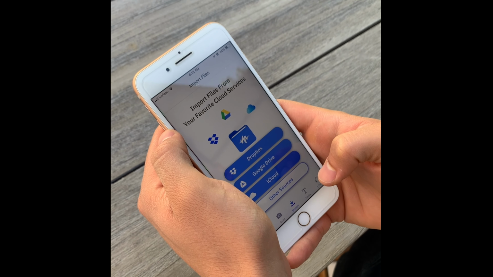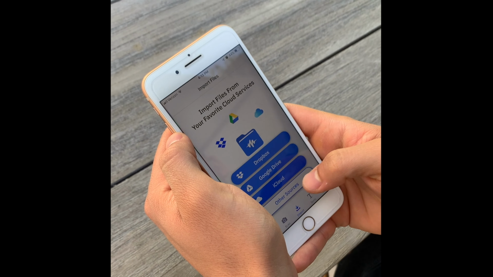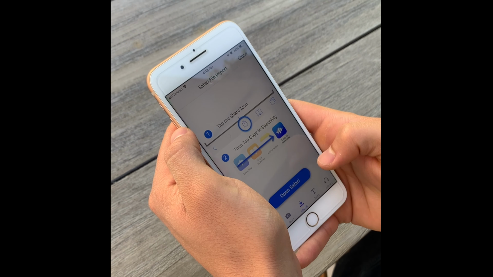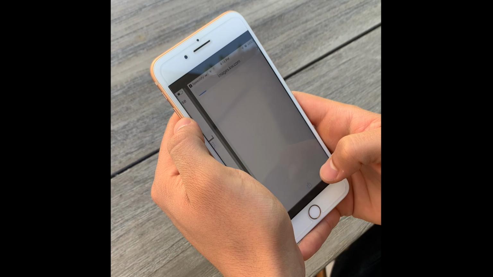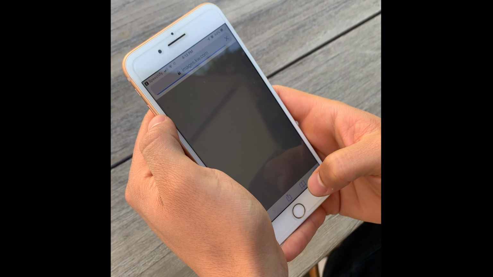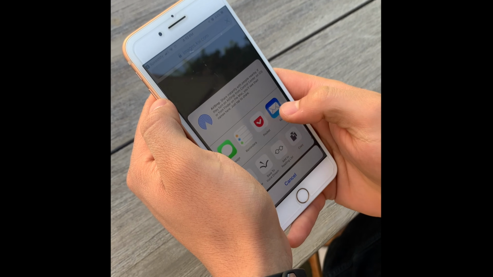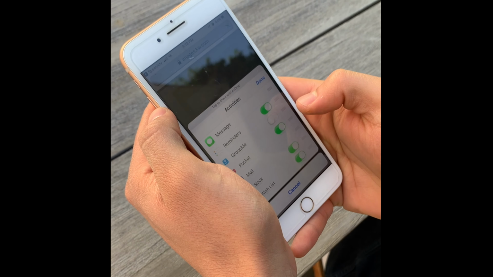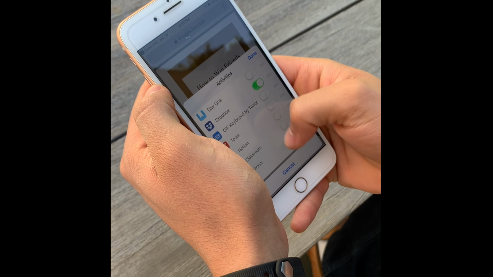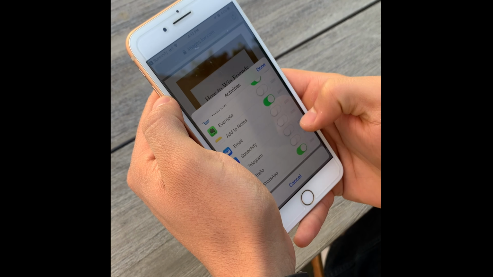Here's how to import documents from Safari into Speechify. So there's a tutorial here that shows you how to import from Safari, but for that I need to first open Safari, so I'm going to do that. And what I need to do is first click on the share button here, scroll all the way to the right, click on the more button, and then scroll all the way down, and I will find, here's Speechify, so